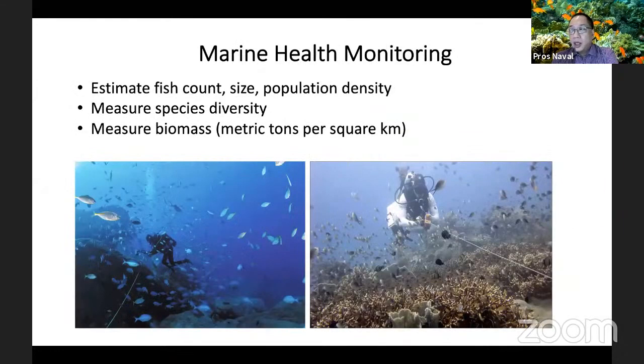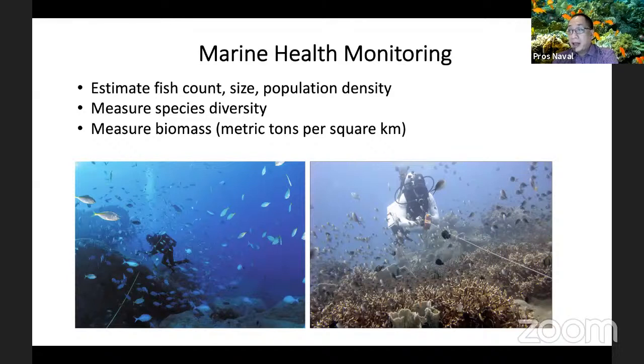So how did the scientists get all these numbers? They actually conduct marine health monitoring. So the monitoring of a marine protected area is done through what is called a fish visual census. And this is done to determine the success of marine conservation and rehabilitation initiatives. So this census is done by fish experts swimming along a transect with the aid of scuba gear.